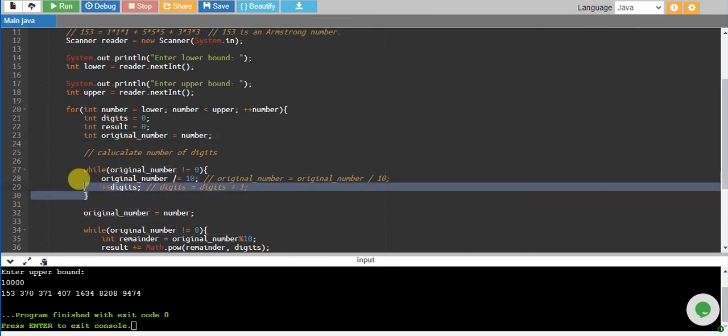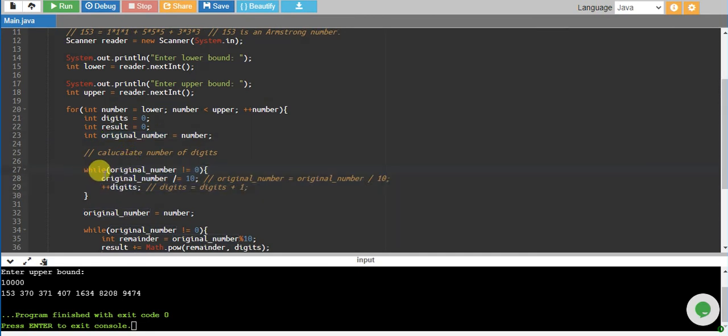In this code, we are looping over it and reducing one digit at a time. How are we reducing one digit at a time? This code is original number equal to original number divided by 10. For example, if we have the number 153, dividing by 10 equals 15.3.